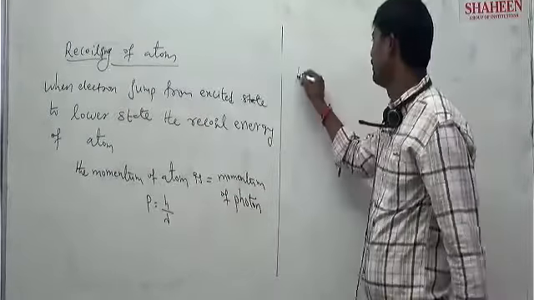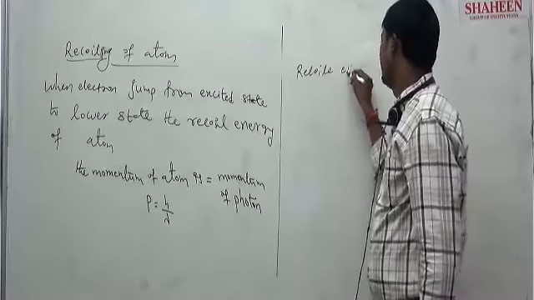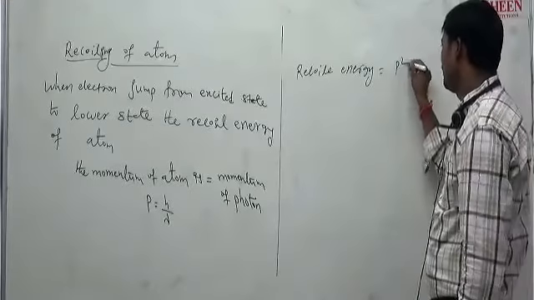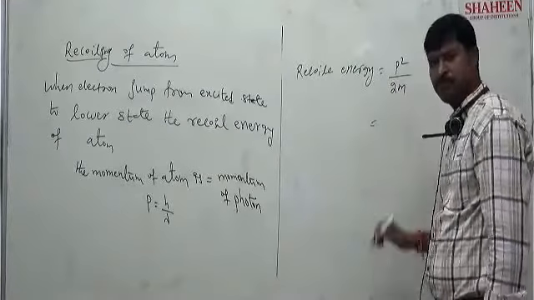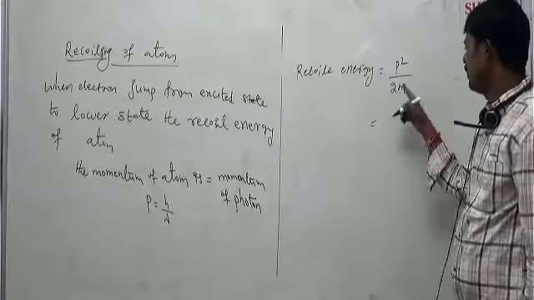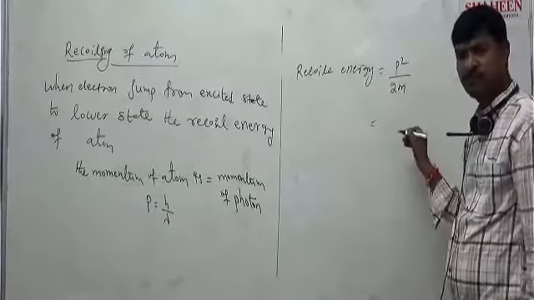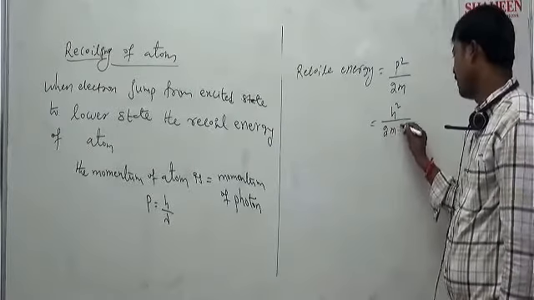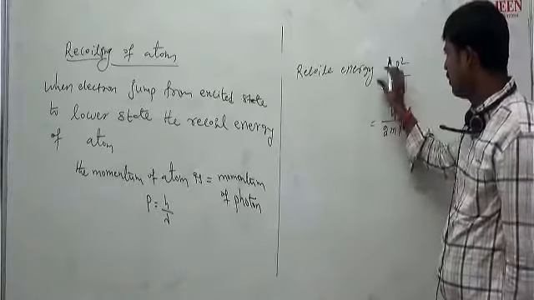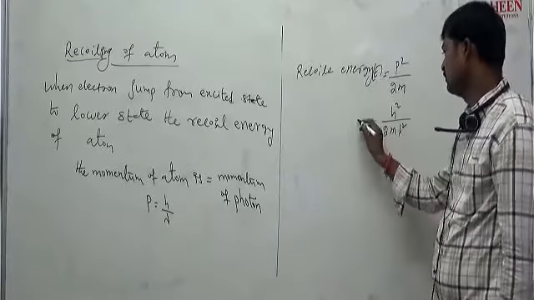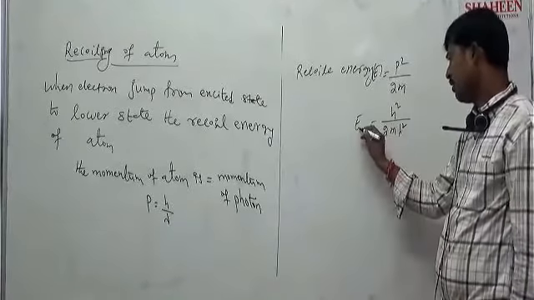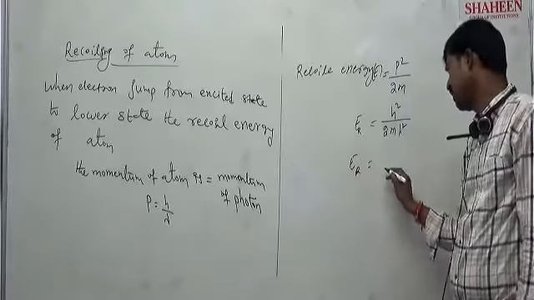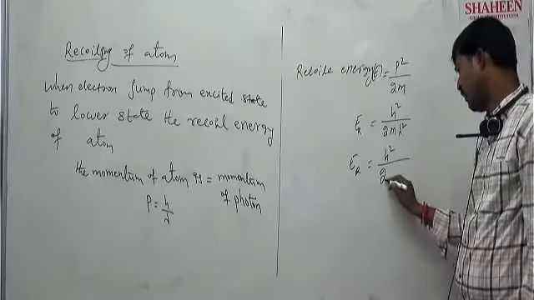So this implies recoil energy is equal to, we know kinetic energy is P square by 2m, correct? m is the mass of atom. So P square by 2m. So P is h by lambda. Yes or no? So that means h square by 2m lambda square. Recoil energy, or you can write E_R, that is recoil energy, h square by 2m